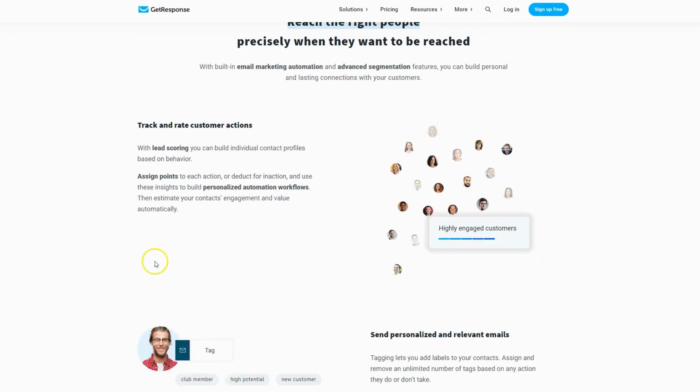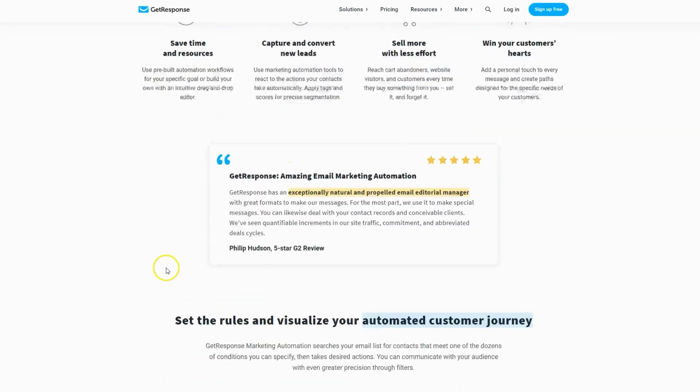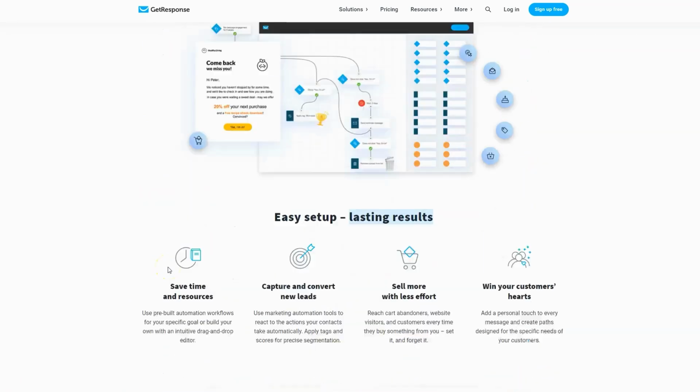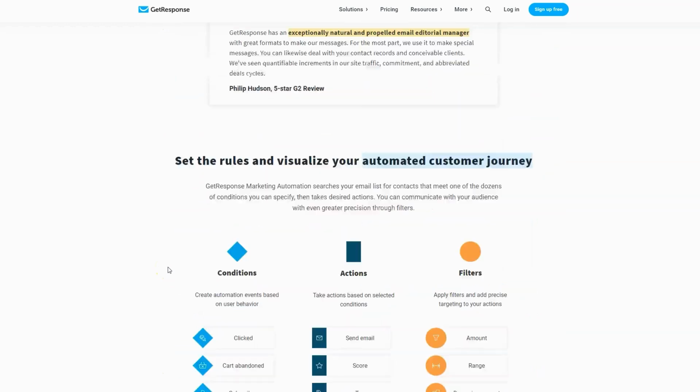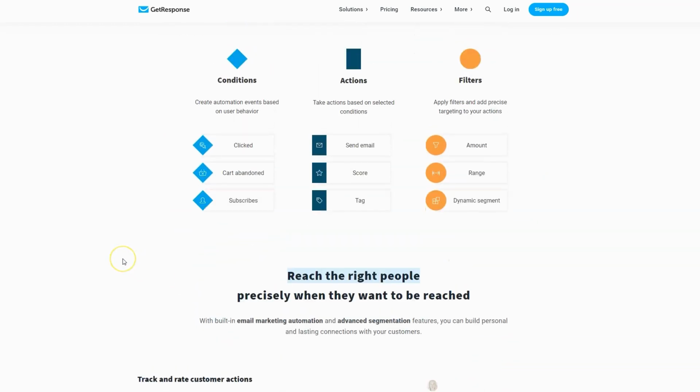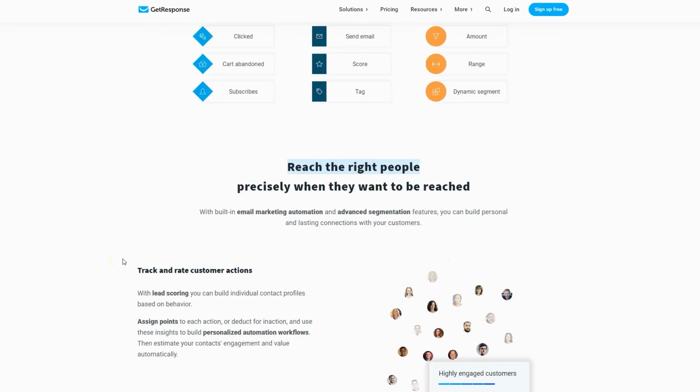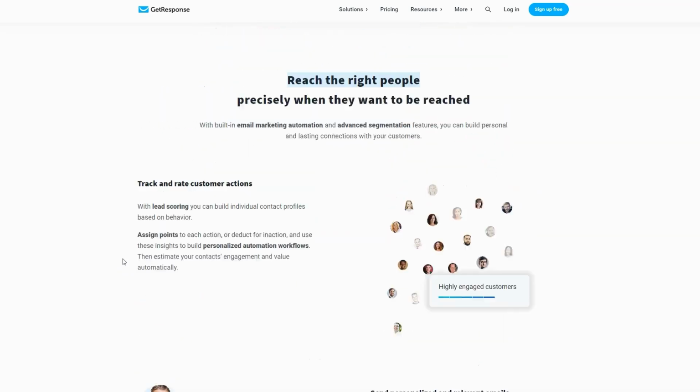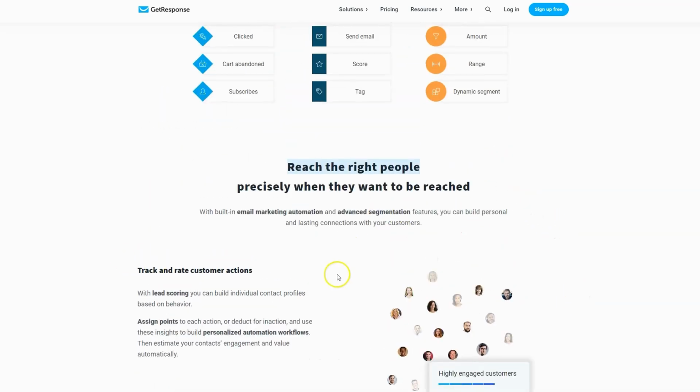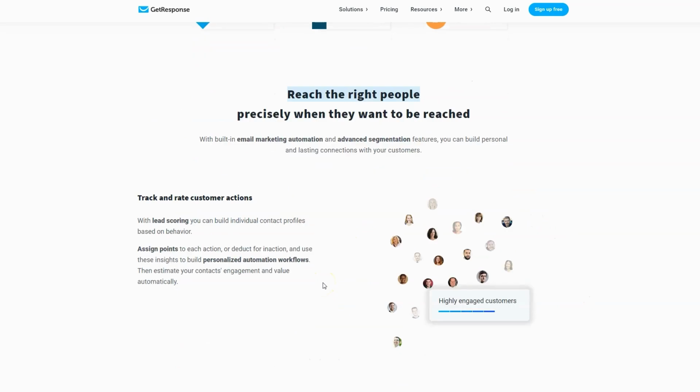One of the common themes that you're going to see here as you go through GetResponse is the question of tagging and scoring. Okay, so as people act a certain way, as they behave a certain way in response to your emails, you're basically going to track that, or the software is going to track that, and it's going to assign scores, right? So a certain amount of points